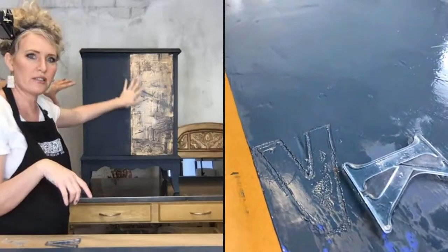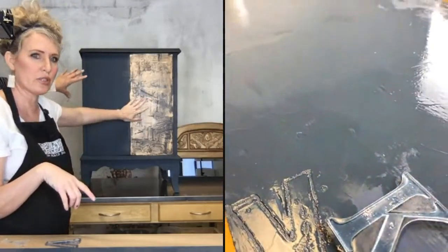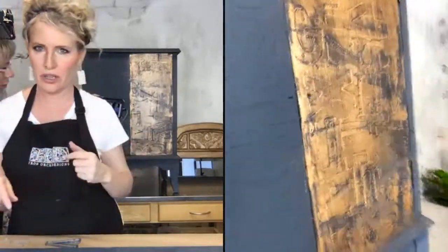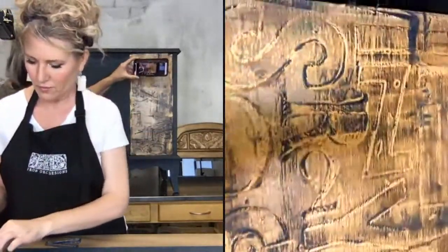Okay, so that kind of demonstrates. What do you guys think of that? It's got some sheen to it, so it's hard to see. We'll give you a better view. Oh yeah, you can show them up close. There you go. What do you guys think? Is that beautiful? I really love the